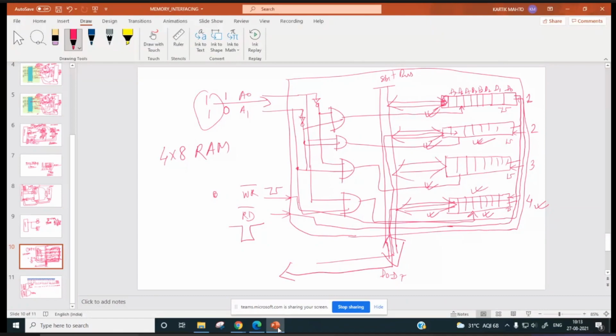Now, if you write, say, a 2048 into 8 RAM, how many address pins of this type will be there? 2 to the power 11. No? 11 pins will be there. A0, A1, A2, up to A10 it will go. In last class we were discussing.